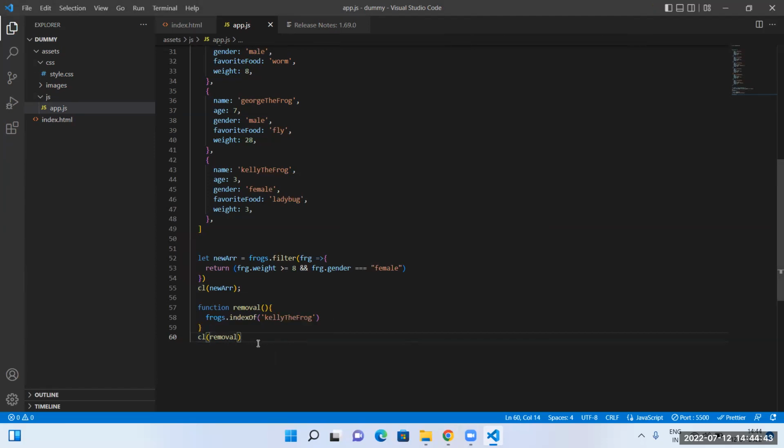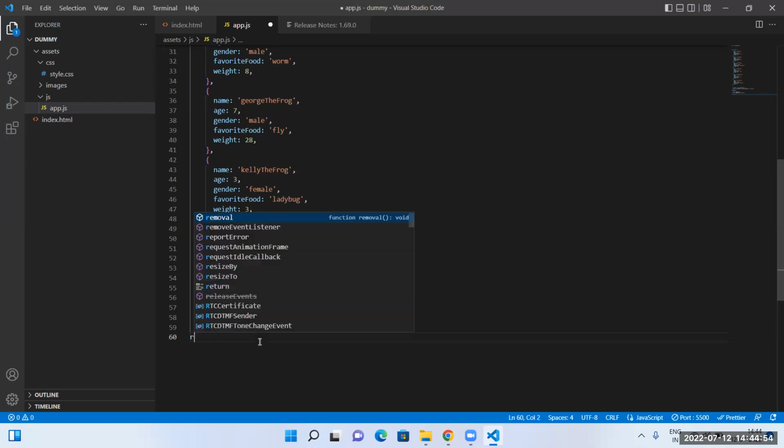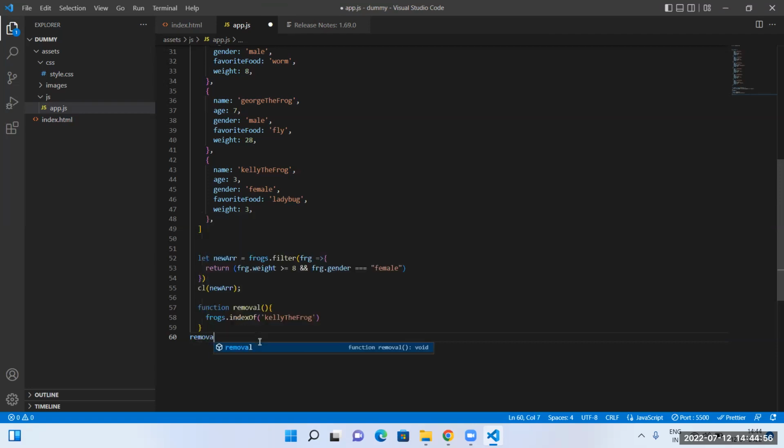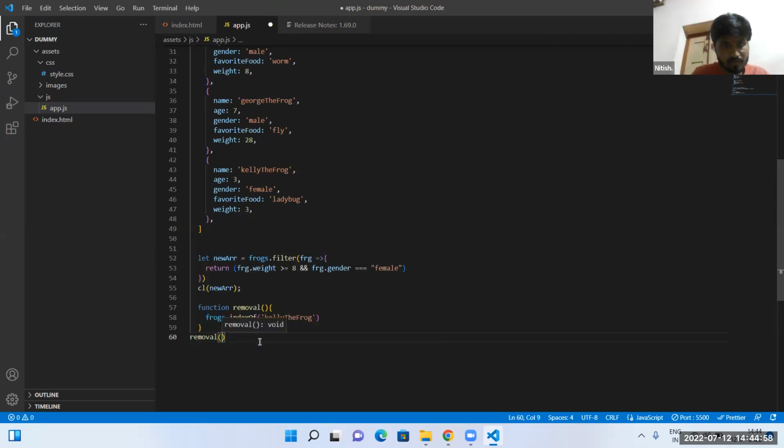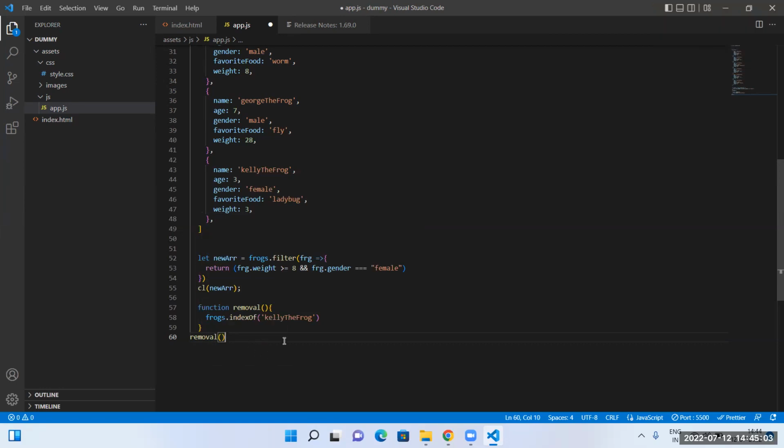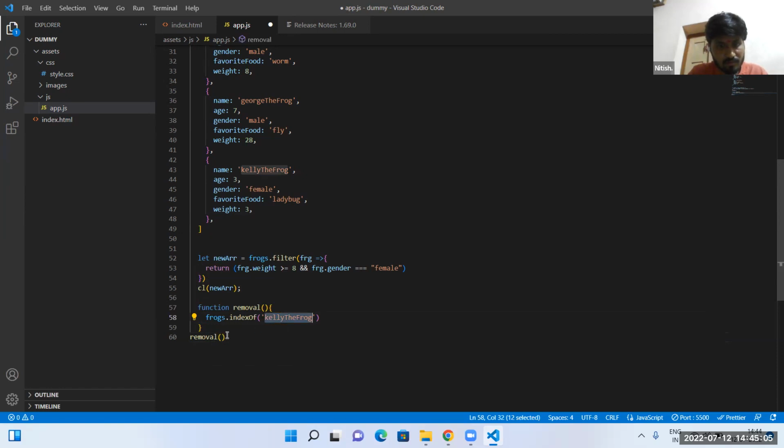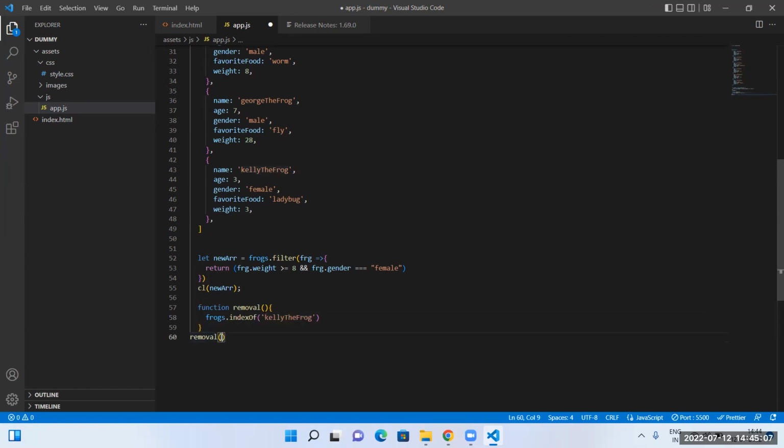That is not function calling, you have only consoled the function. Call the remove function, and inside that give the name, George the frog. Copy that. This is a string.